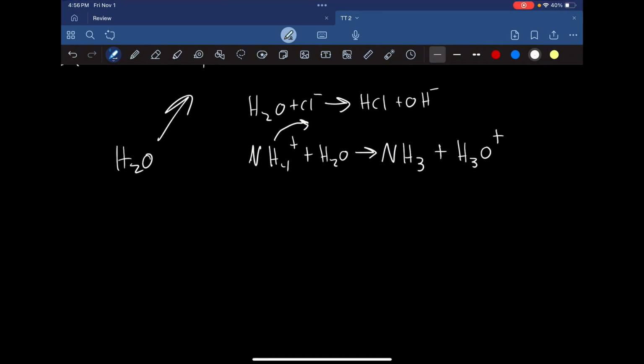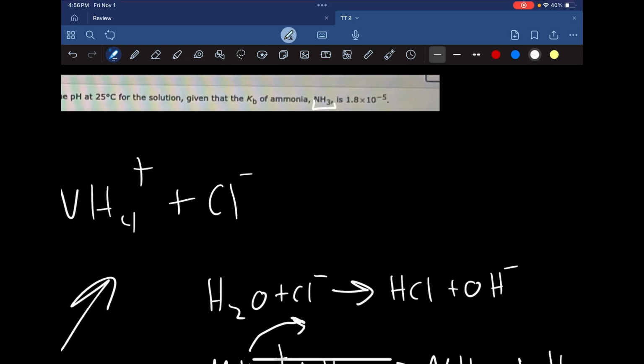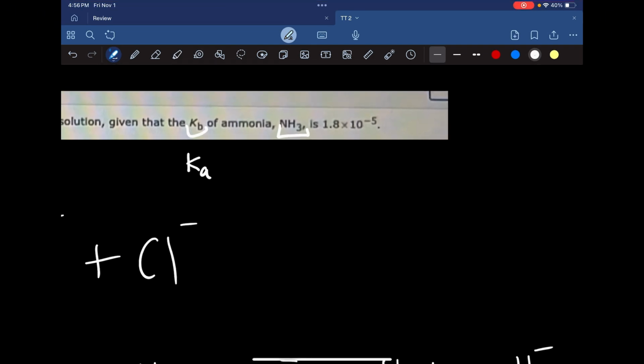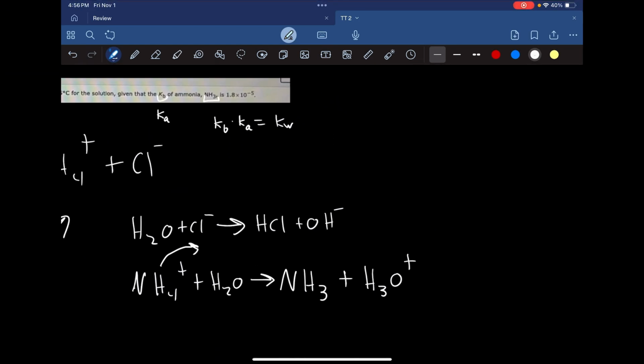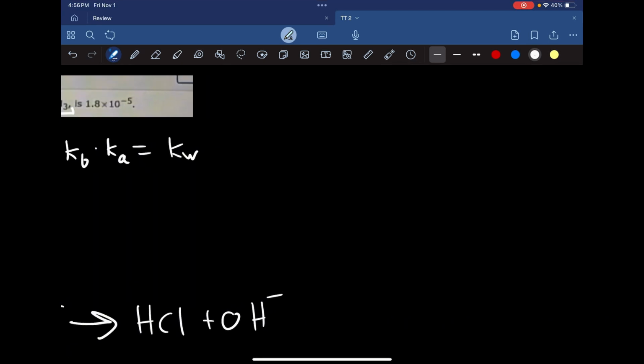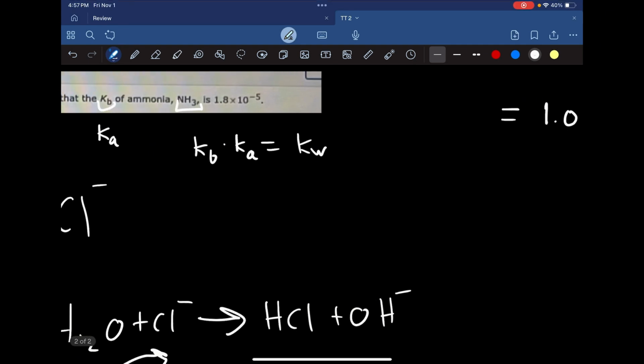But since this is an acid dissociation, because we're dissociating NH4, which is an acid, that means we must convert the Kb into Ka. We know that Kb times Ka is equal to Kw. That's one of the formulas that we should know. Okay, so let's calculate that first. So we know that Kw is 1.0 times 10 to the negative 14, and we have Kb, which is 1.8 times 10 to the negative 5